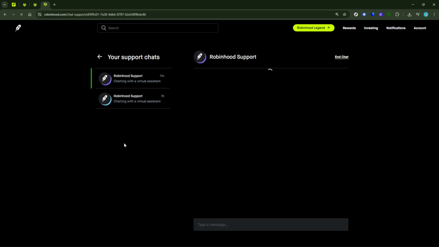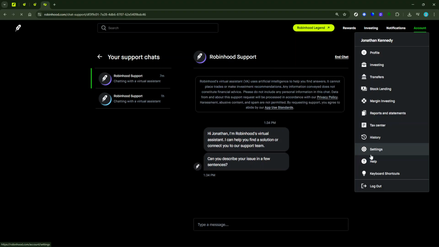From there, navigate to Help and then to Contact Us. You'll typically see an option labeled Account Access Issues. Within this, you can submit a support ticket giving as much detail as possible about your lockout. Be clear and concise when describing your situation. Explain when you last accessed your account, what errors you received, and anything else that might help the support team